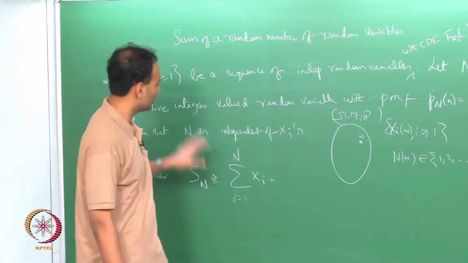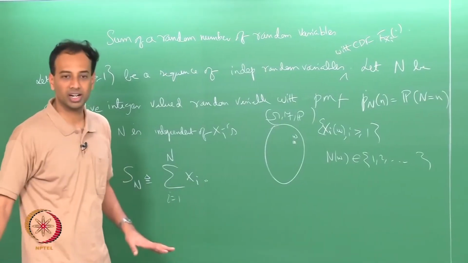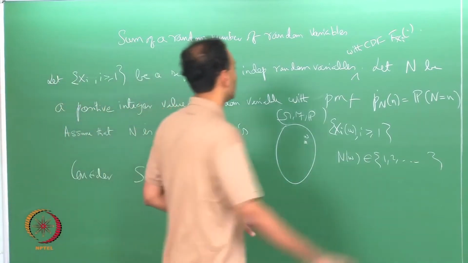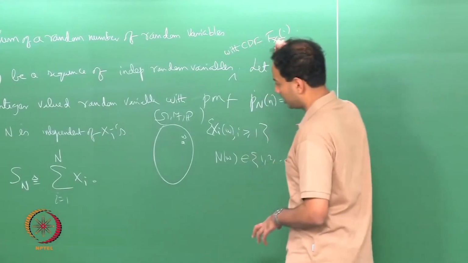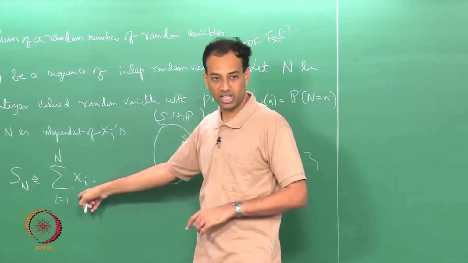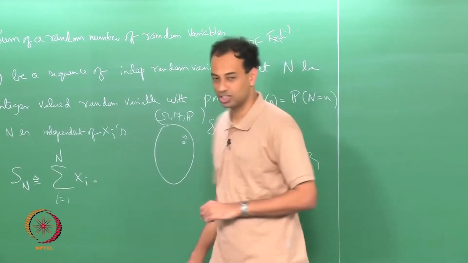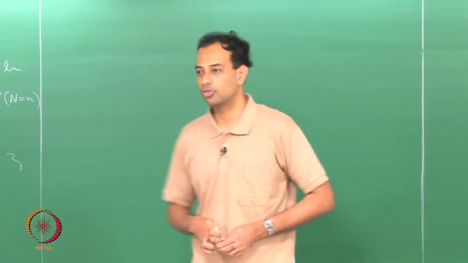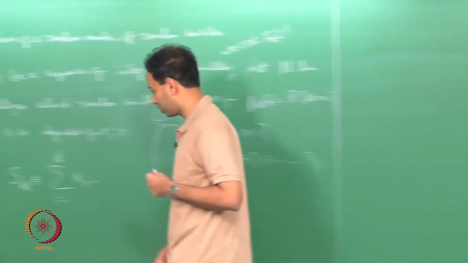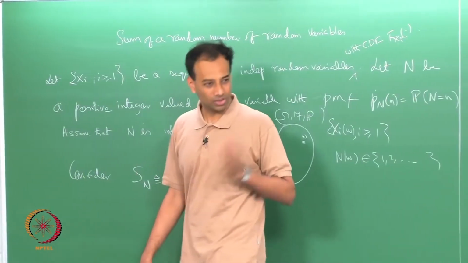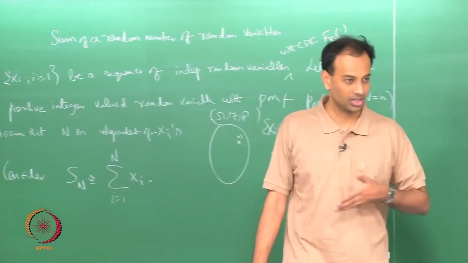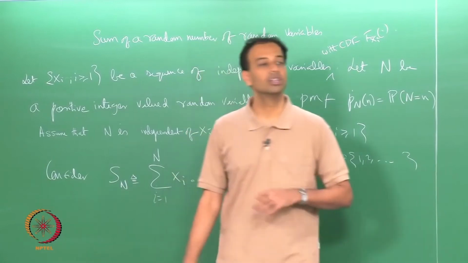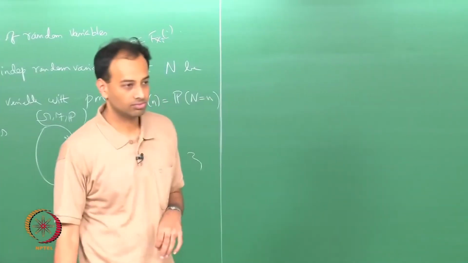Okay. Now, we have assumed that N and the Xi's are independent random variables, and the marginal CDF of each Xi is known, and also the PMF of N is known. Okay. Now, the task is, first of all, you have to make an argument to show that S_N is a random variable. We know that a sum of a fixed number of random variables is a random variable, but you have to make sure that S_N, capital N, is in fact a random variable, and then you have to determine the CDF of S_N. Okay.